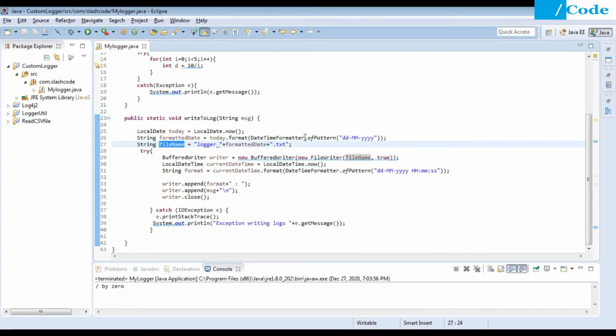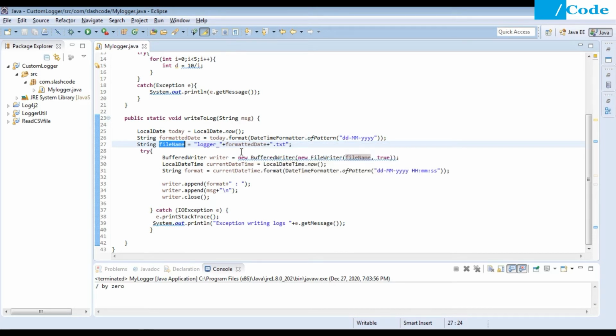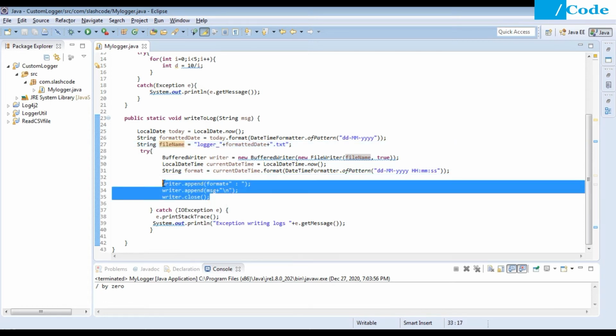So it will create one file per day, and whatever we pass, it will print using a buffer writer. We took the local date time, which is the current date time now, in this format, and we have applied that format, and we have put that message and a backslash and writer dot close. Like this, it will print that message inside my file.